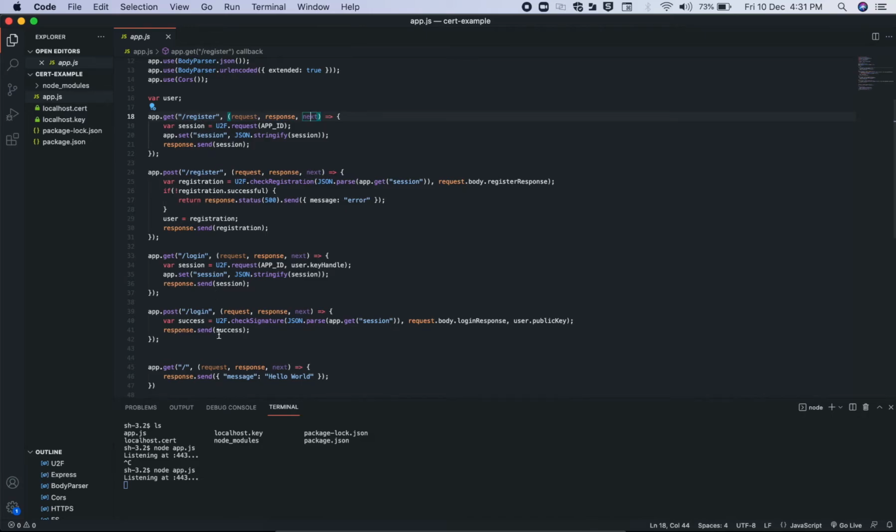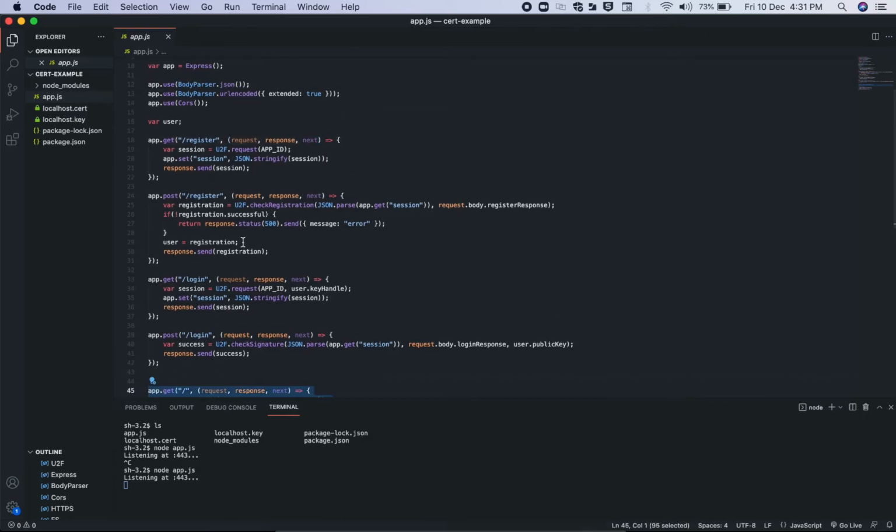As part of the process, when we go down, let's say we have these 4 APIs running. The fifth is just to test. We have 4 APIs: two register APIs and two login APIs. In this one, we are creating a U2F request, which includes things like the challenge, and storing it in memory. This session is also being returned to the client application. When the user receives this information, he will be asked to insert the authenticator and press the button. Once he presses the button, a request will be generated